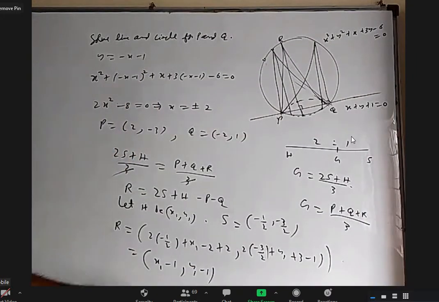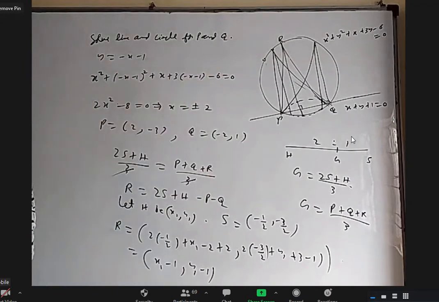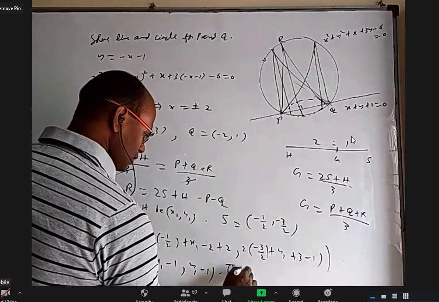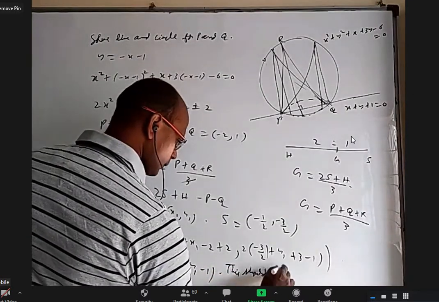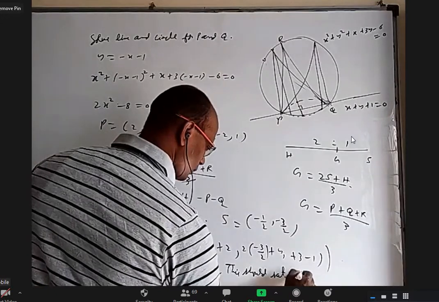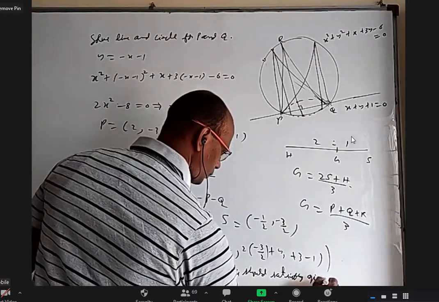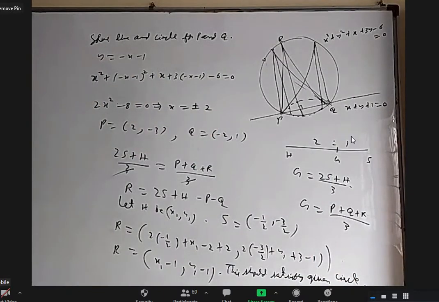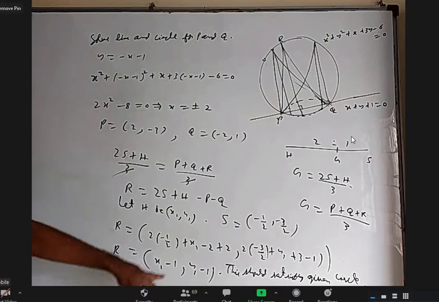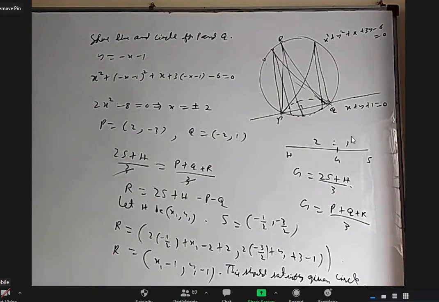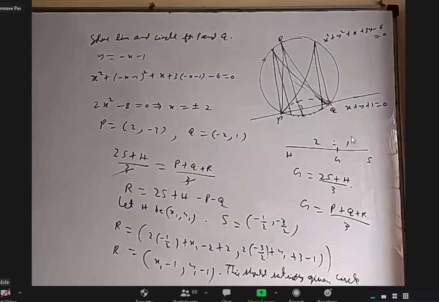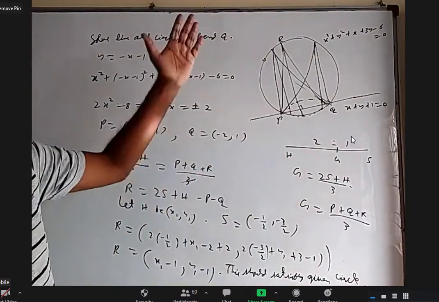Okay. But what should R do? R should satisfy the original circle equation. So let us substitute R in the circle. This should satisfy the given circle. Okay, so I have to put it here. Try to write up to here, then I'll substitute this and expand, see what happens. Everybody does understand these 2 points. By assuming the orthocenter (x1, y1), I'm able to find R.